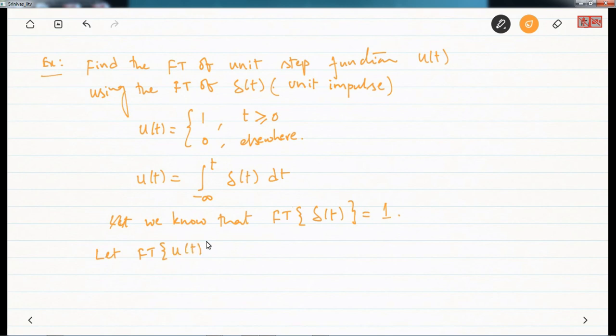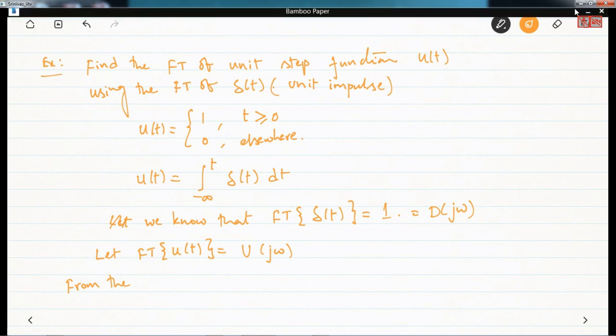Let us set some notation, right? So u of t is the time domain signal, and let's call its Fourier transform u of j omega. And this also I call d of j omega. We know that the Fourier transform of delta of t equals 1, but just for notation sake, and for us to write some equation, we will indicate the Fourier transform of delta of t as d of j omega,